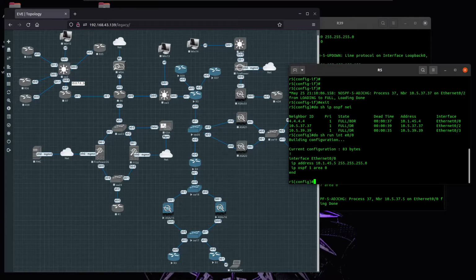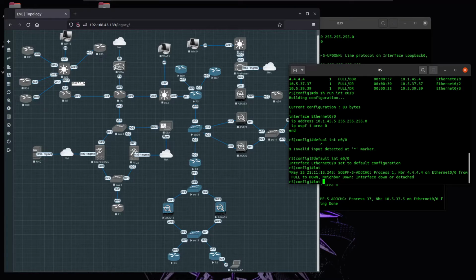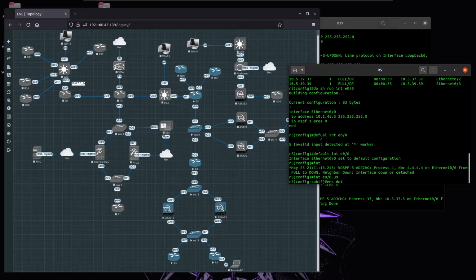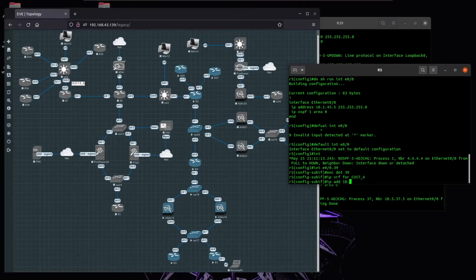So if we look at E0, I'm just going to clear that, and let me create the two subinterfaces. I'll start with 39, and I'll use encapsulation 39 and place this inside the customer A VRF forwarding, and the IP between R5 and R4 is going to be